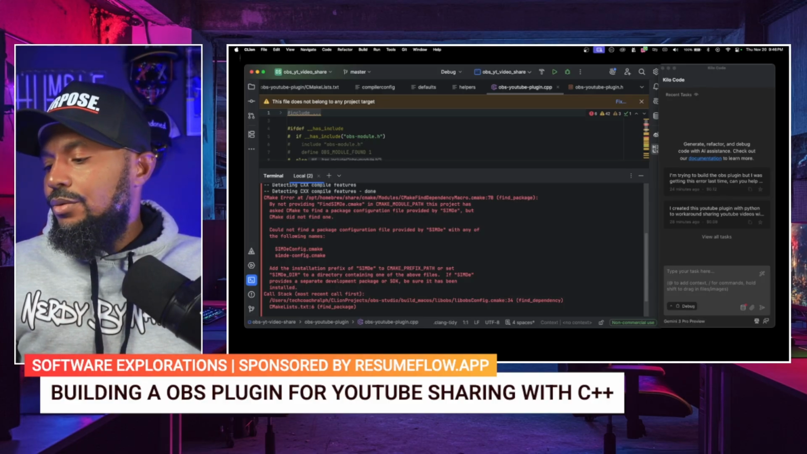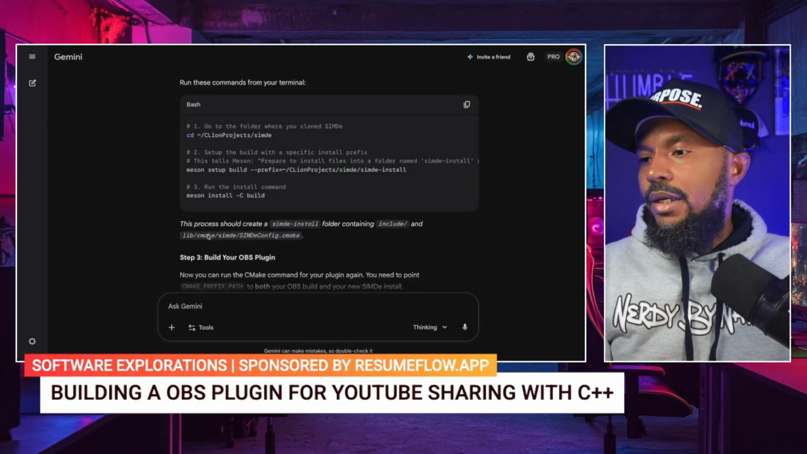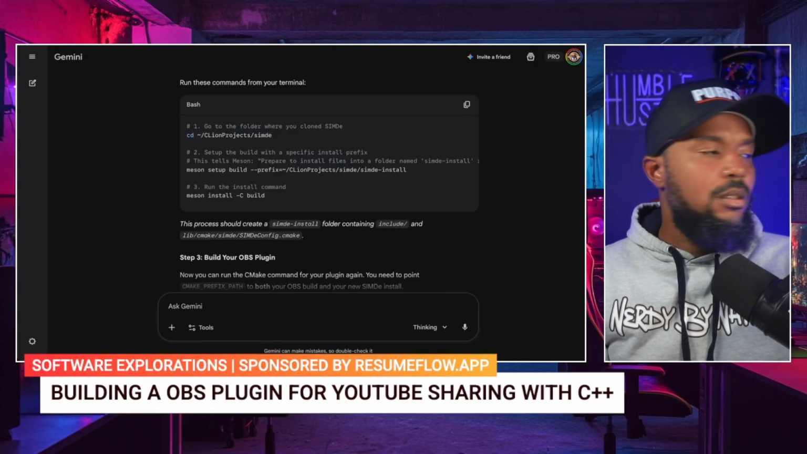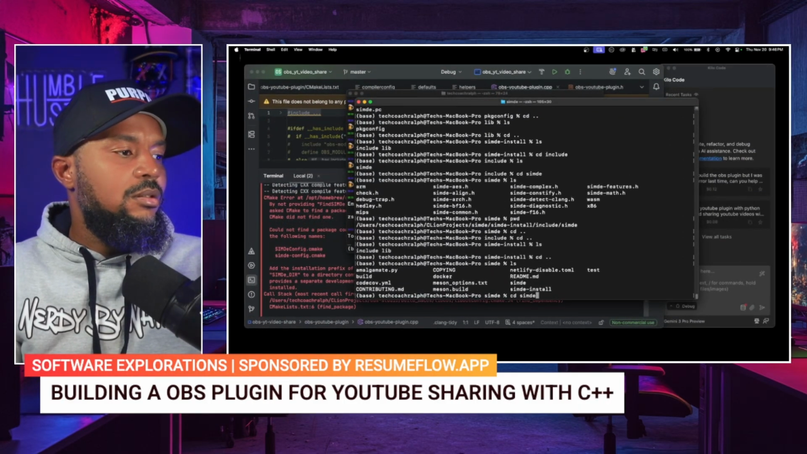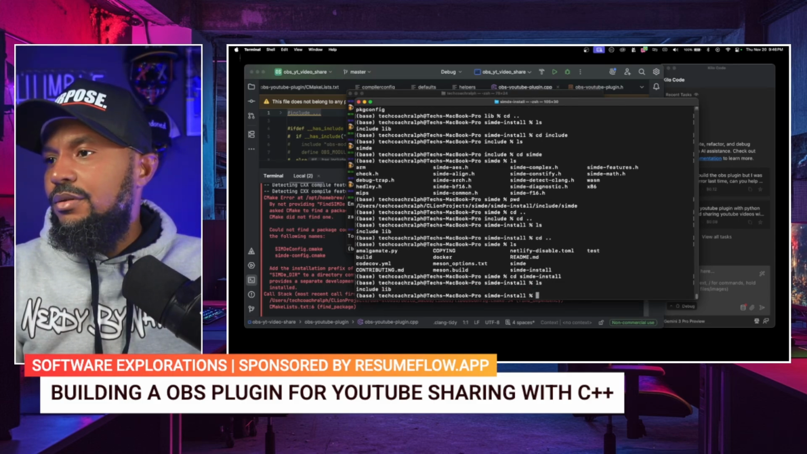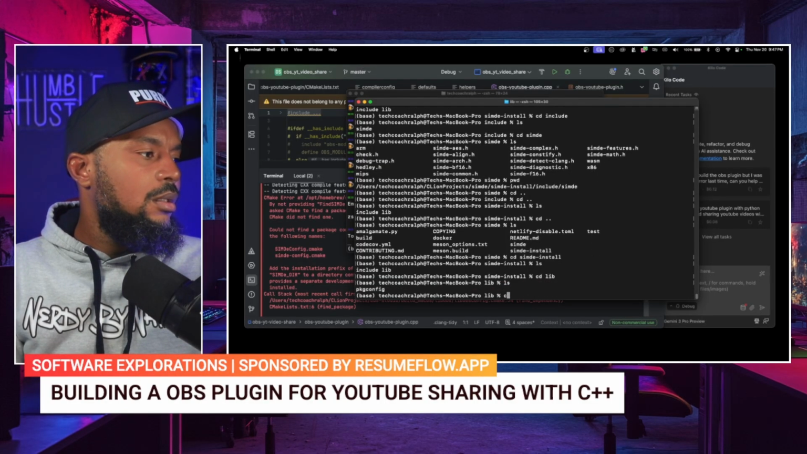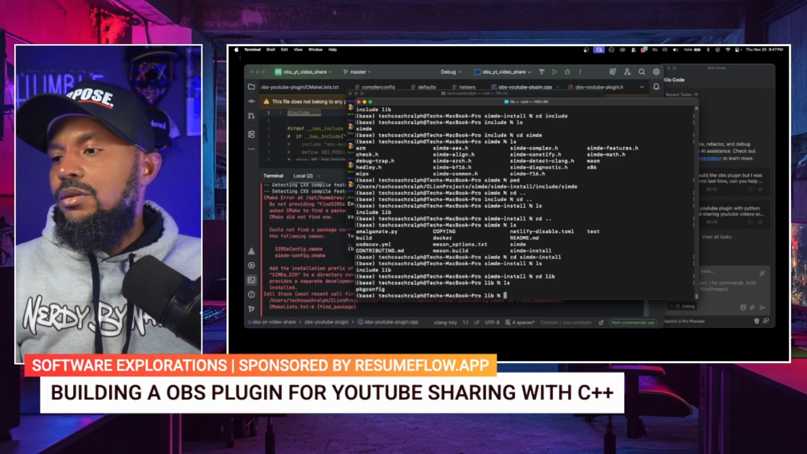So according to this, the project should create a folder which contains an include. All right, so let me check. cd simde-install, and it says it should have a folder named lib. You see, there's no CMake in there. It's just package config. All right, so in that case,